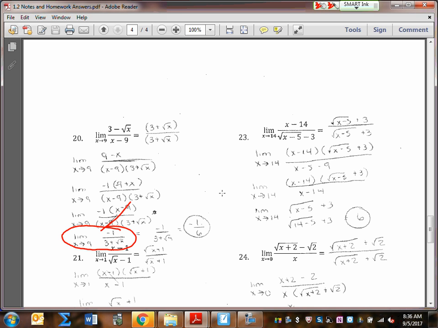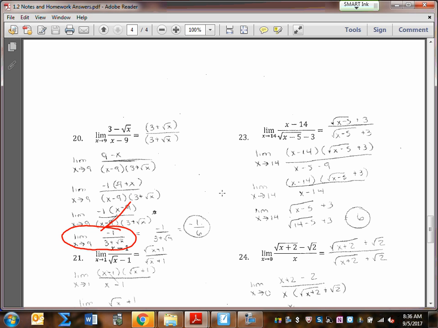With number 23, conjugates, still some ideas. But remember, guys, that for conjugates, we only change the sign in between the radical and our other term, okay? You don't change the sign underneath your radical, it just goes in between your radical and other term. So when we factor that one out, we end up getting,